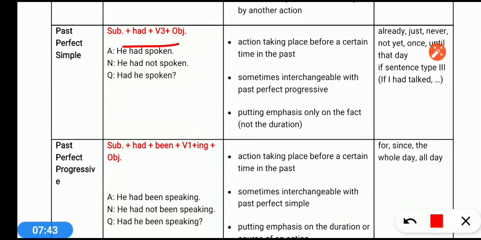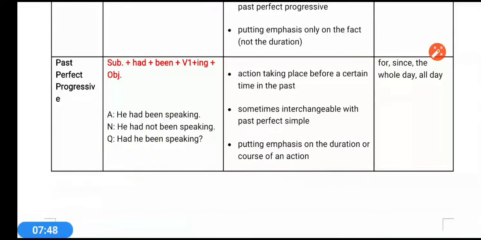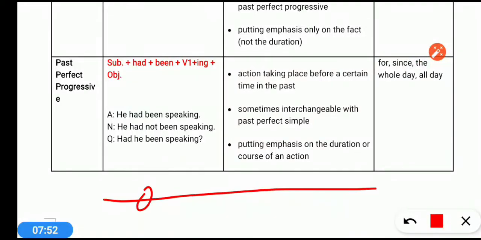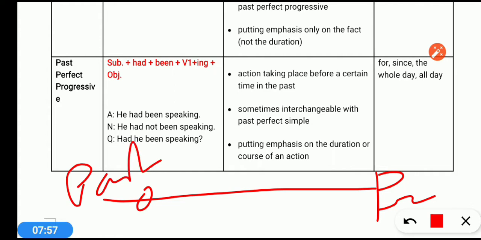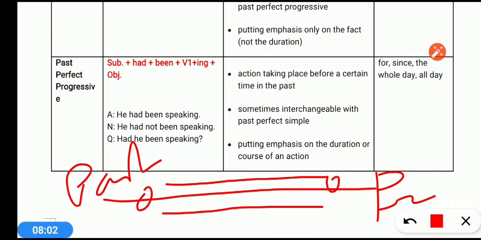Past perfect progressive, or past perfect continuous tense. Past perfect continuous tense is used to tell that in the past some action started, it continued for some time and then completed. So when it started and how long it continued, for such action we use past perfect continuous tense. For example, he had been preparing for a competitive exam for 3 years. It means in the past 3 years his preparation continued.